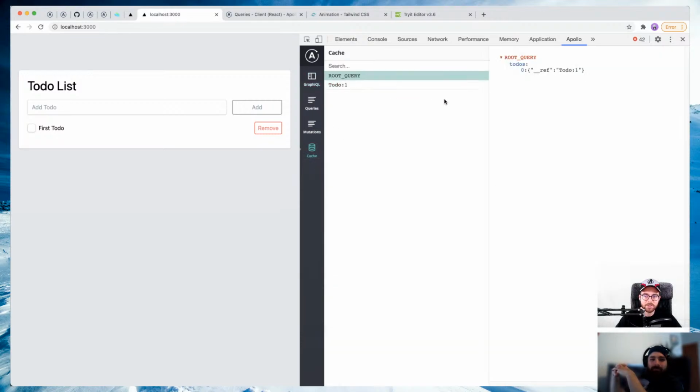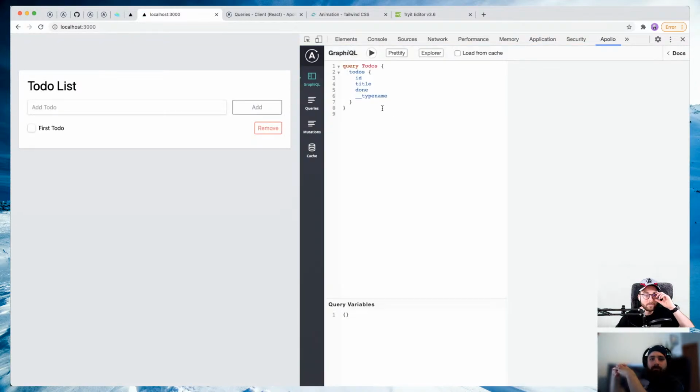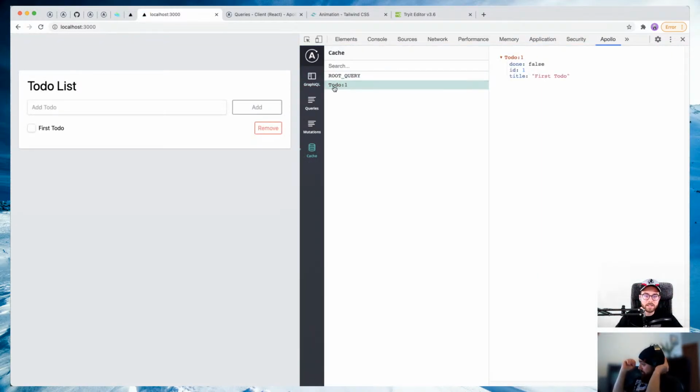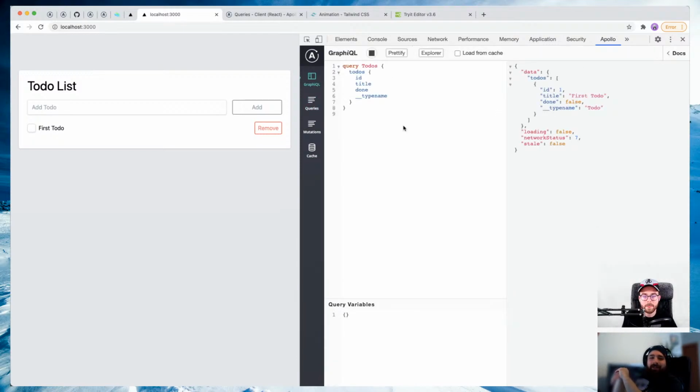And here in the cache, you see the current Apollo cache. Here in the root query, you see everything that's inside the cache, and here you have the query to-dos I just executed. Oh yeah, now everything loads again. Let's go back to cache. And here I got the to-do with the ID 1, and the object looks like this, because I fetched this here. What I'm really interested in seeing is what happens if we run an add to-do mutation and create